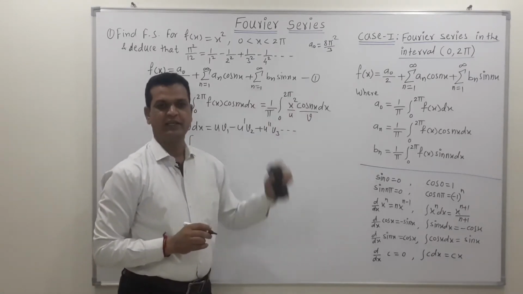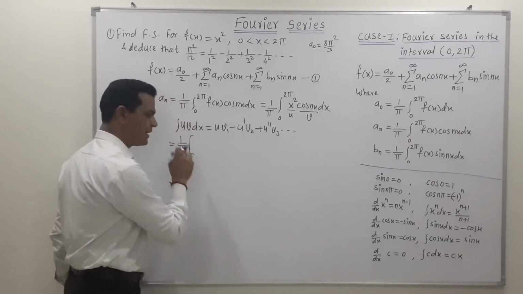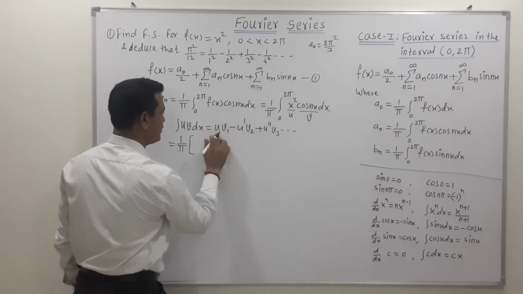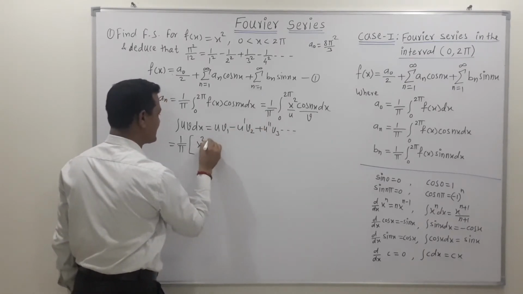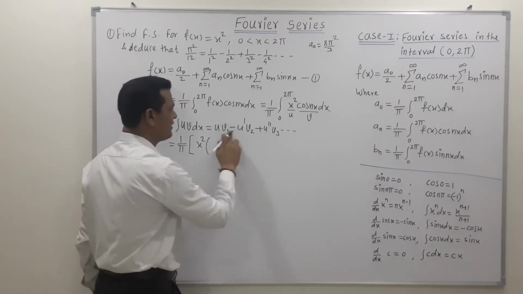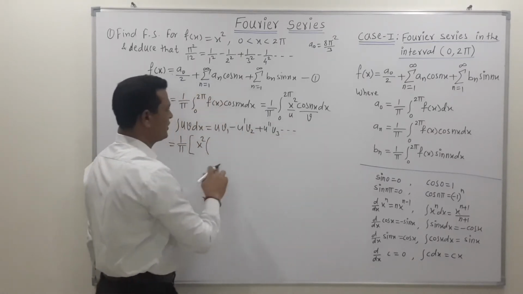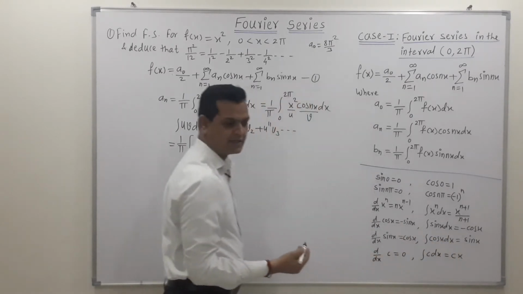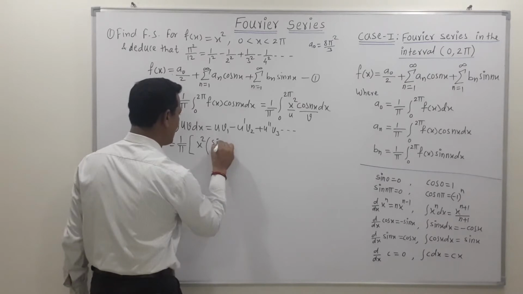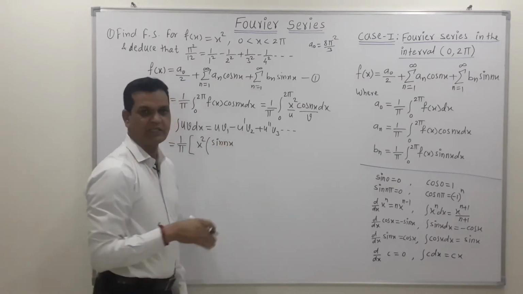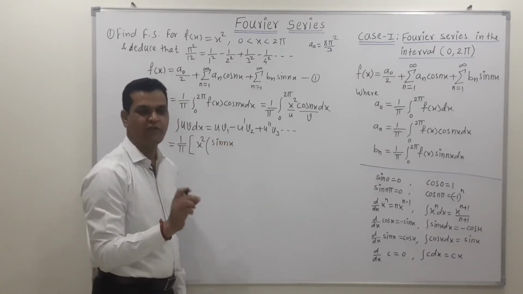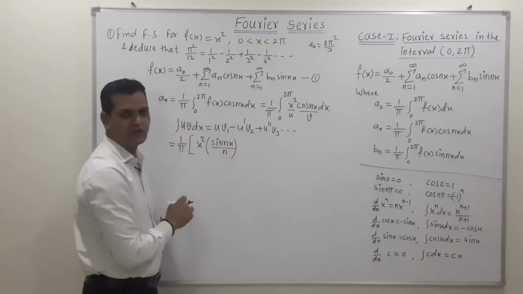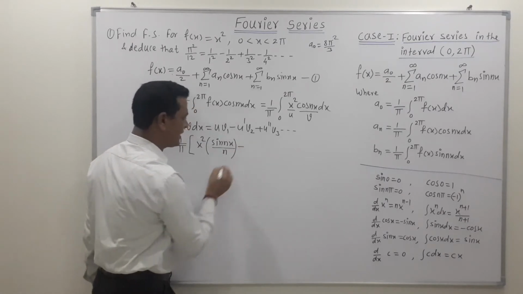Whenever we are finding the integration of any term, write down the rectangular bracket for simplicity. Now if we apply this rule, u as it is, so we write x square into v1. v1 means integration of v, so integration of cos is sine, so we write sine of nx upon n, because the derivative of nx with respect to x is n. So this is first function into integration of second. The middle sign is minus, so we write minus.